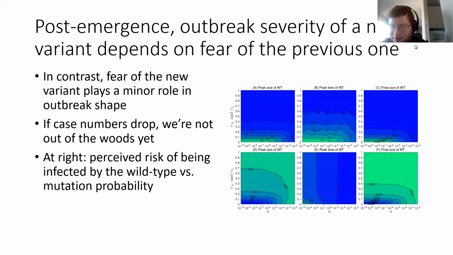It would be something like if people are lulled into complacency and they don't really do anything, then if a new variant emerges, they're just going to think, okay, whatever. And I guess they're not going to really take preventative action. Whereas